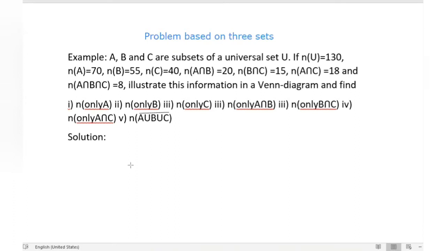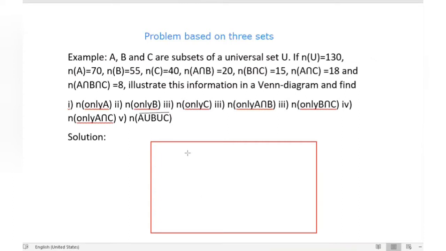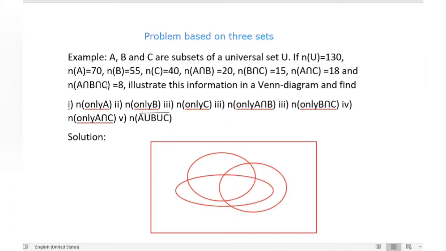For that we need one rectangular box. And then we need three intersecting circles, one, two, and three.